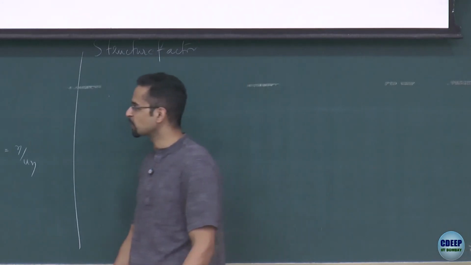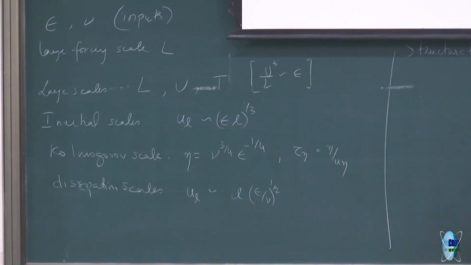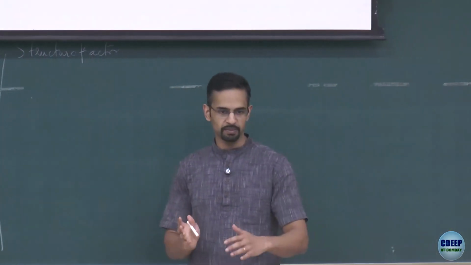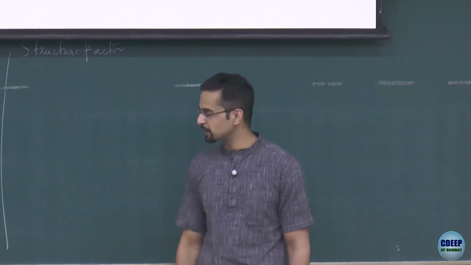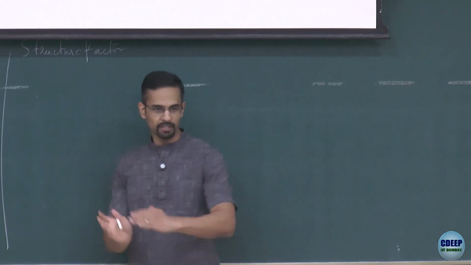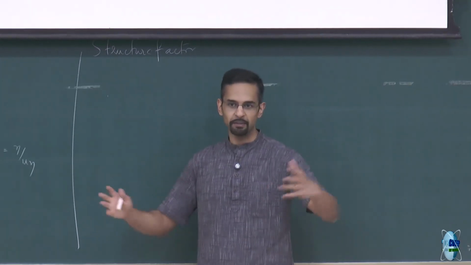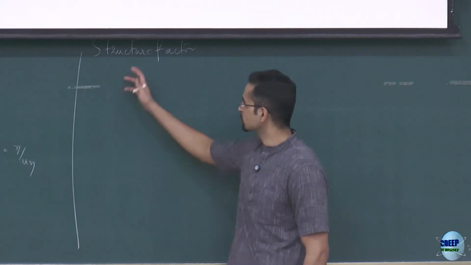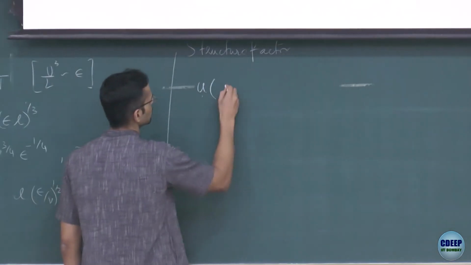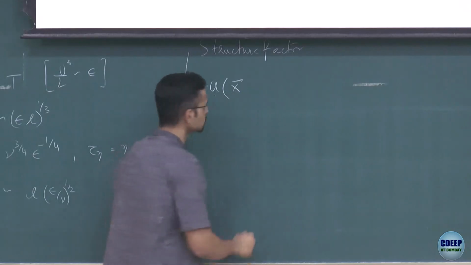So one computationally heavy way of doing this would be to take this 3D field, assuming you have very accurate data, and then do a Fourier transform scale by scale. That will come in when I look at what's called the energy spectra. You can also do a wavelet transform to get scale-dependent information. But a much simpler thing to do, particularly when you don't have such three-dimensional field data, is to calculate what's called a structure factor. So what you do is you take a velocity difference. So x is some position vector, okay?